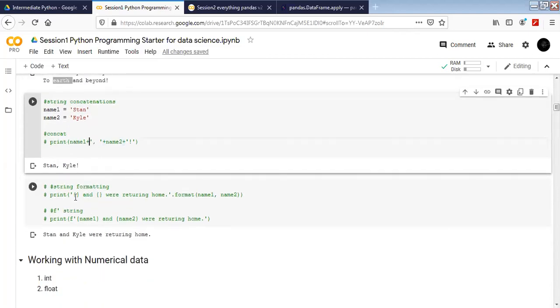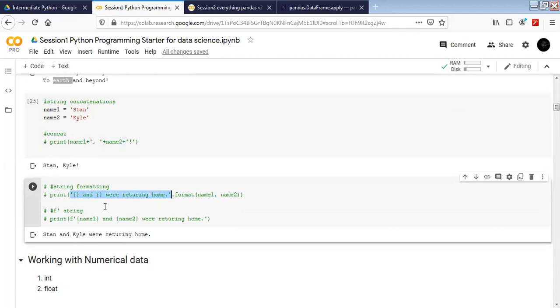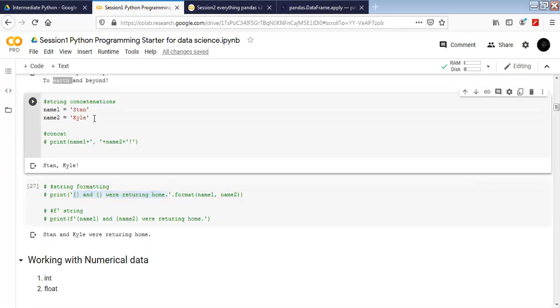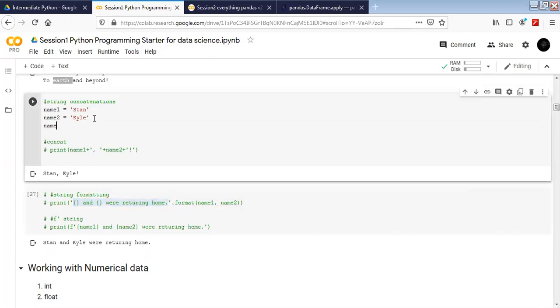So formatting is when you have a whole big string, and inside some places you want to add your name. For example, if you have a sentence where you want to keep changing something. Here I have Stan and Kyle were returning home. What if I have a new name like name 3, and this is Cartman? This time, not Kyle and Stan. Cartman was returning with Stan.